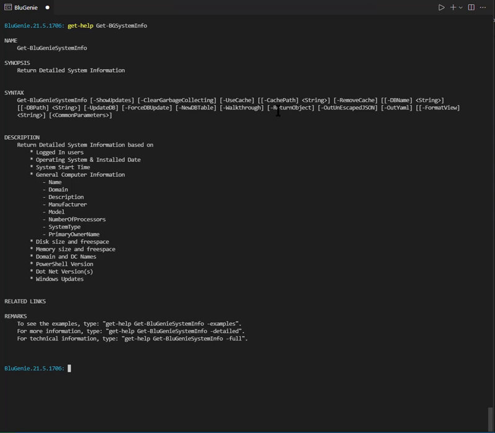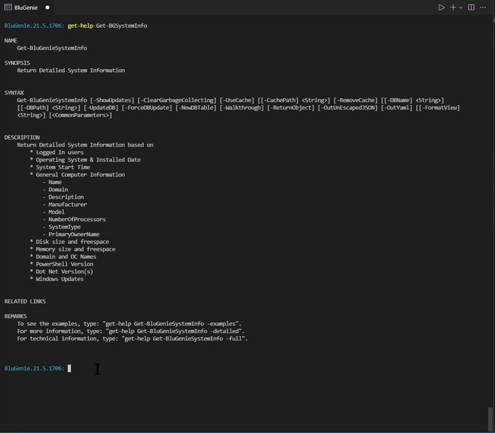You know, it's not always easy to understand. So here you can see that this cache path is a string, DB name is a string, DB path is a string, this is update DB is a switch. Some things, yes, if you understand PowerShell specifically, you'll be able to pick up on this, but there's going to be a lot of times where you don't understand it and or you want something that's just a little bit